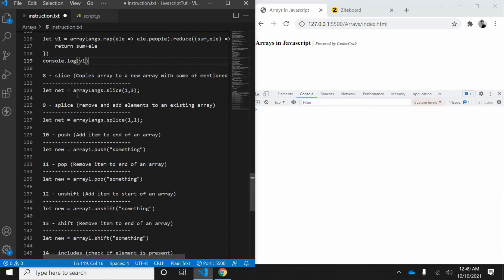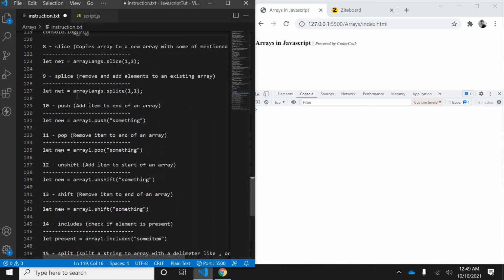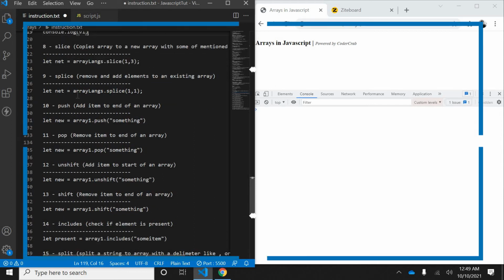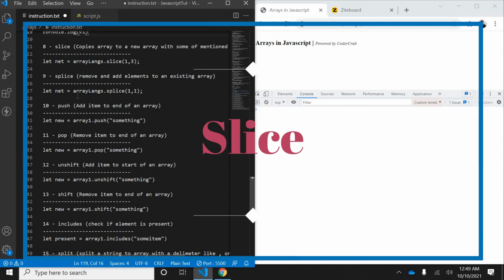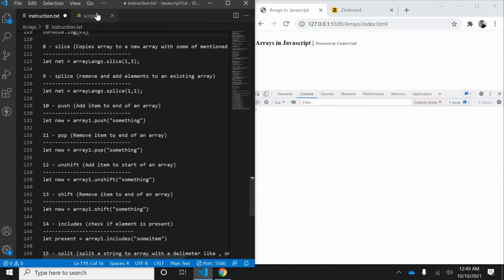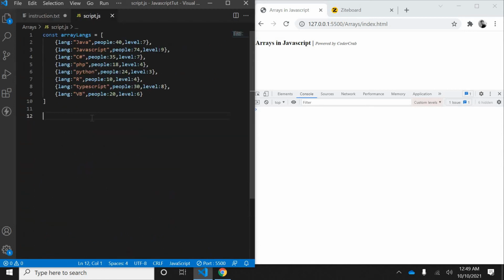Next is slice. Slice is quite a big thing which usually reduces a lot of logic. So basically what it does, it copies a big set of an array and slices it, as the name says, right?